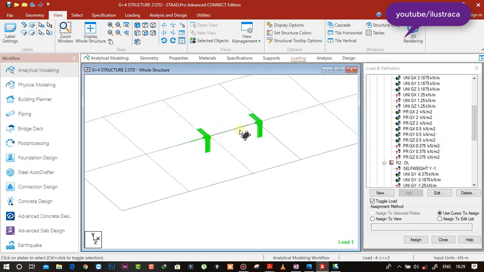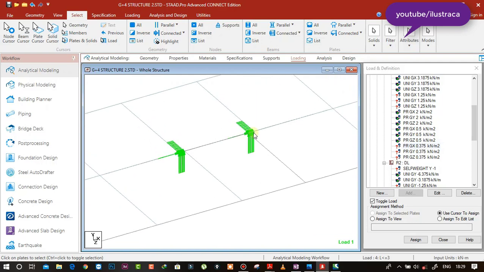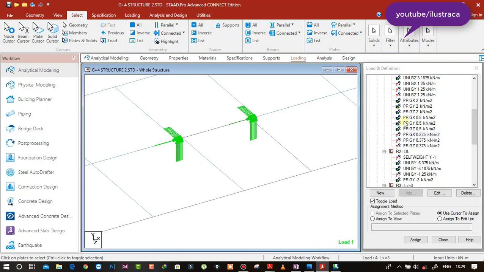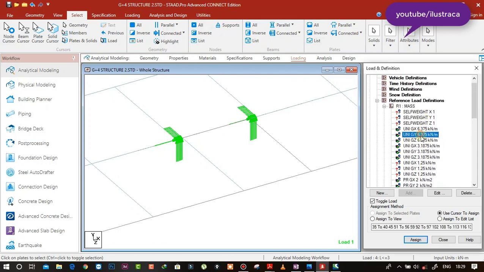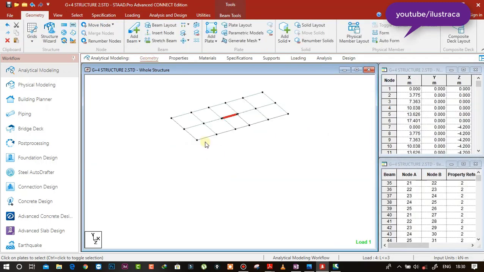I think for this small beam something is left, so select the beams here, the small part. Let's see which load is remaining. Okay, this one. For the small part, it is remaining. These three loads. Okay, we need to remove it actually. So go to geometry.